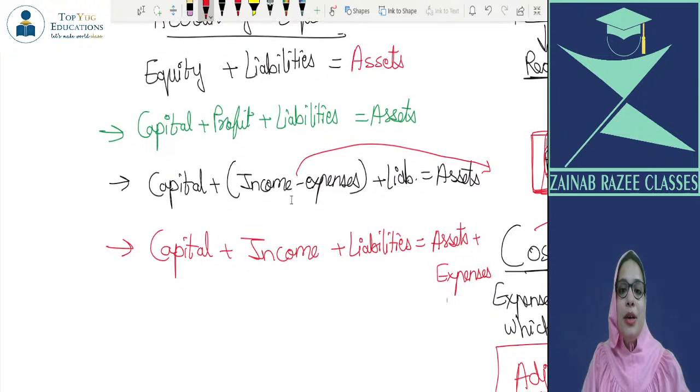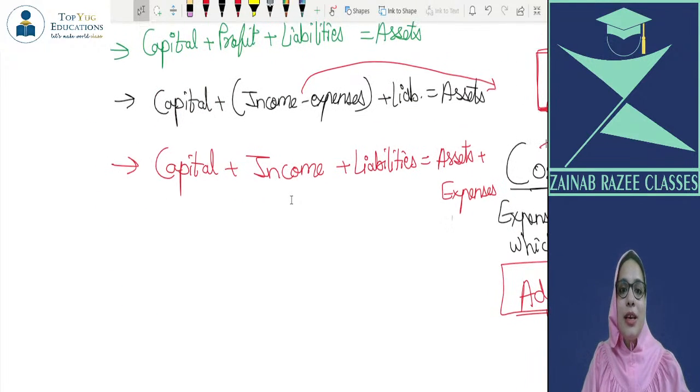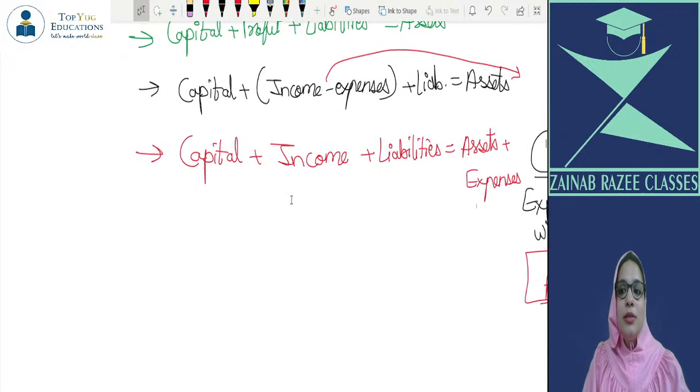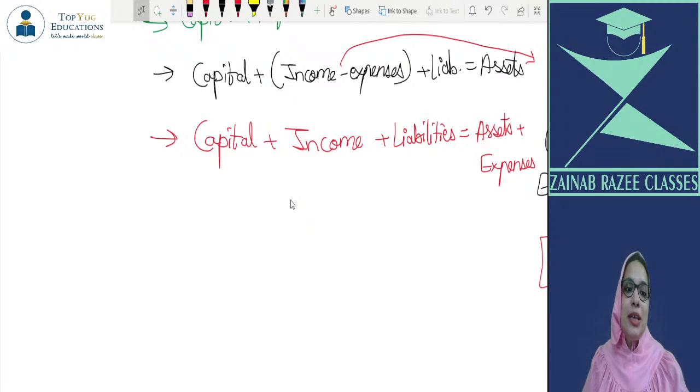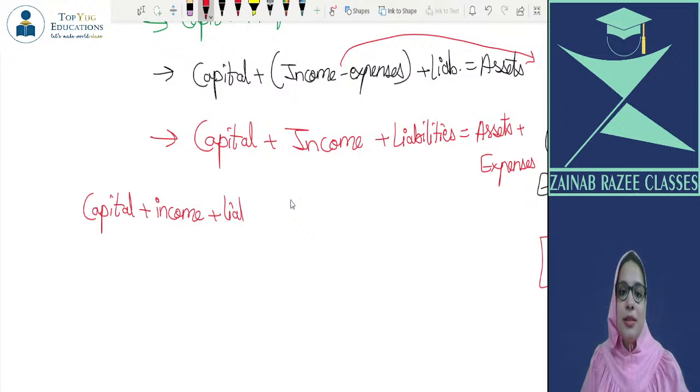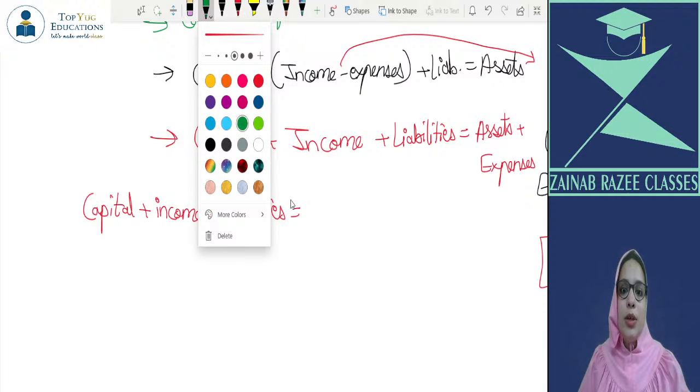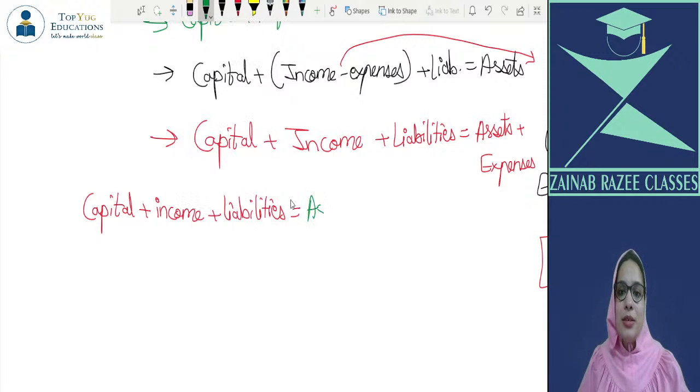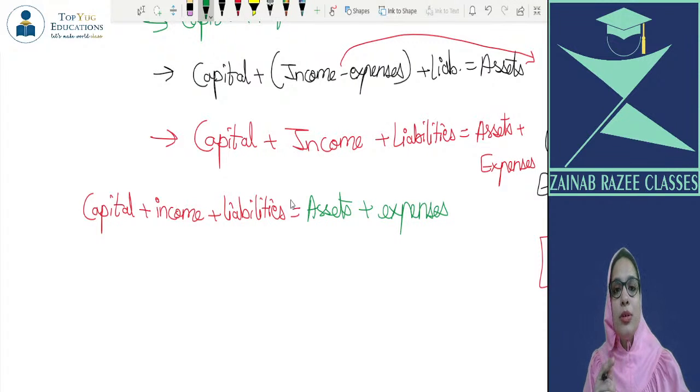So finally, I hope you all are copying with me. Finally we came to the point where we are saying that capital plus income plus liabilities is equal to assets plus expenses. Yes. And if you remember yesterday, before the class got over, I had written these 5 elements